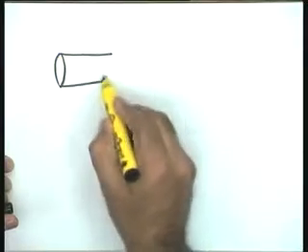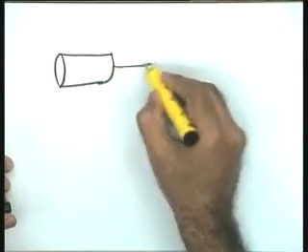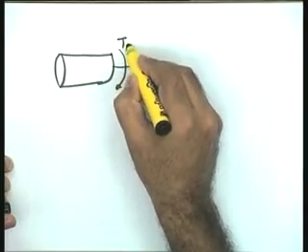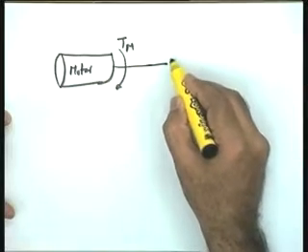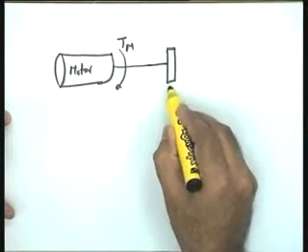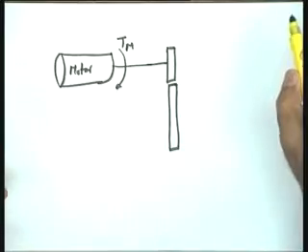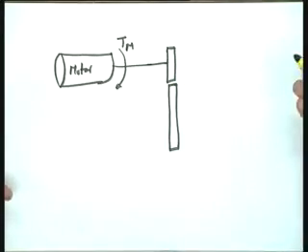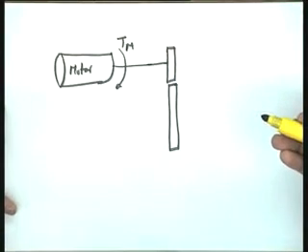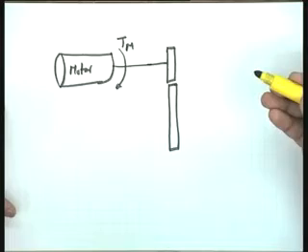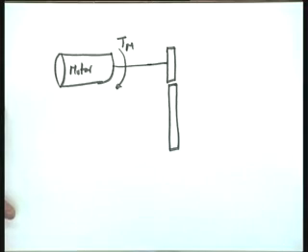So, let us see what were the basic components of a DC position control system. The basic component we have taken is a motor. Let me say that here is a motor which is producing a torque Tm. Now, this motor is driving a load, and I had taken the load through a gear train. This is my gear train. By gear train I mean that it could be more than a set of gears. I have taken 2 gears pictorially, but it depends upon the torque magnification and speed reduction requirements. So, naturally it could be more than a pair of gears, it could be 2 pairs and so on.